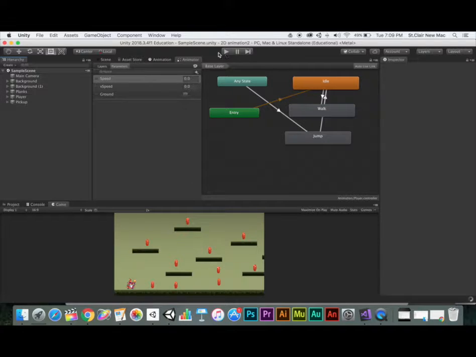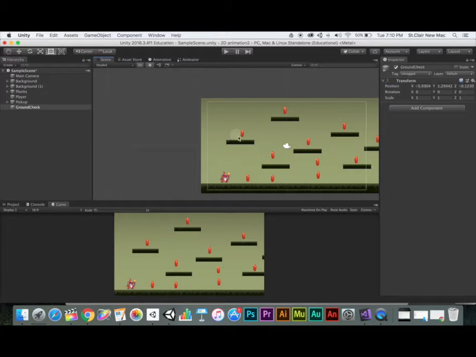Coming back into the game, we have a couple things we have to do once we're in our game. What we're going to do here is come up to create, and we're going to create an empty. And this empty, we're going to click on that and call it ground check. So I'm going to come into my scene, and you can see that ground check is right there, but I'm going to make it a child of my player. And then I'm going to reset the transform